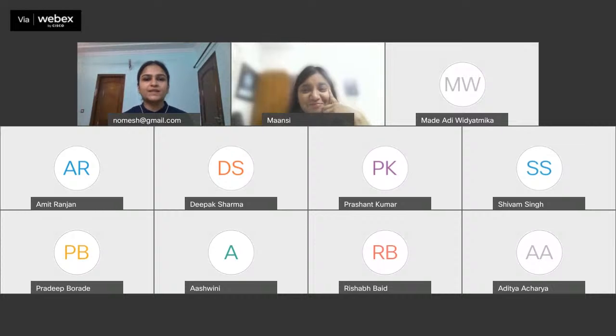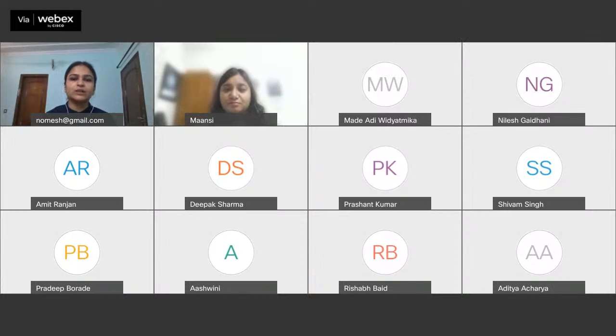Today's speaker, Ms. Maansi Gupta, is a PhD scholar in the Department of Mechanical Engineering at IIT Delhi. She has done a B.Tech in Mechanical and Automation Engineering, followed by post-graduation in Operations and Finance. She has keen interest in using data and mathematical models to suggest reforms in the public sector. Her doctoral research is focused on the Indian judiciary, which includes measuring and analyzing the performance of Indian courts and suggesting data-driven reforms. Today, she will be presenting her work on the efficiency measurement of Indian high courts using DEA, a policy perspective. Would request Ms. Maansi to please begin with the presentation now.